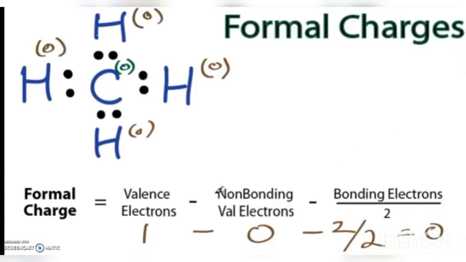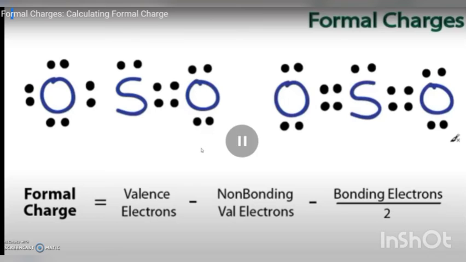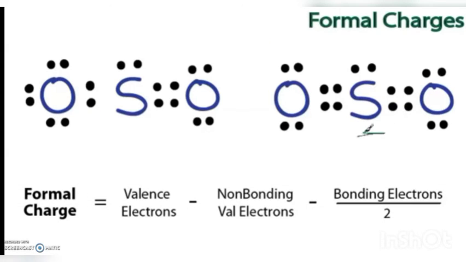Then we'll move to another type of molecule. For example, some molecules can exist in two Lewis structures. Here you can see the SO2 molecule. It can exist in two types of structure. Maybe these electrons will shift here, so there will be a structure with two double bonds, and one with a double bond and a single bond. So two Lewis structures are possible. Which will be the appropriate one? In order to find out, we have to find the formal charge. Let's start with the first structure.